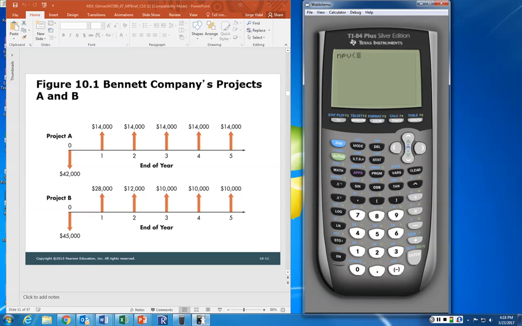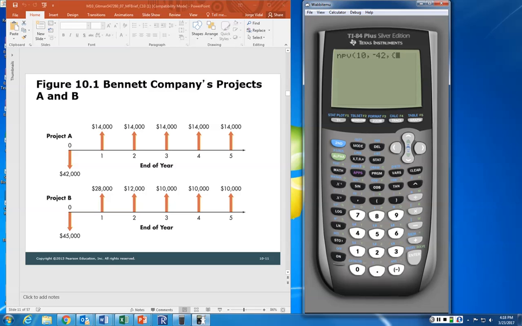The NPV syntax is you input the cost of capital, 10%, do not input 0.10, put a comma. If you forget a comma, you'll get an error. And then you have to input the initial investment, which is negative 42,000, put another comma, then open a bracket